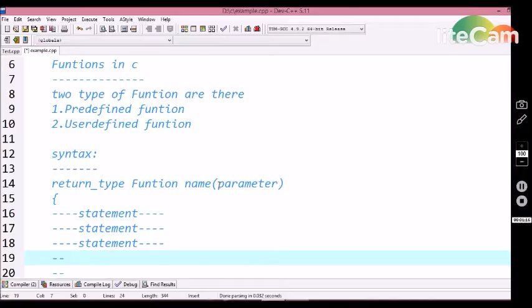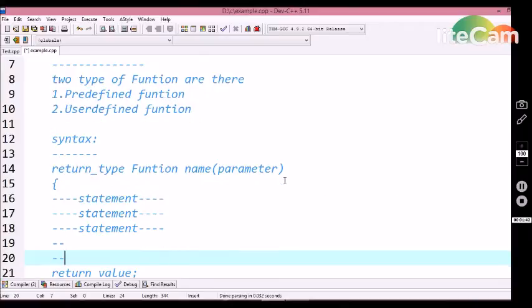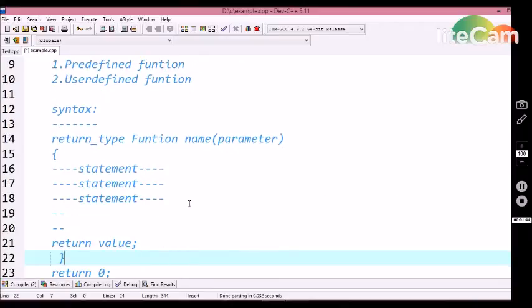Inside these parentheses, if required, we can pass parameters with their respective data types. Suppose we do not need to pass a parameter, then we can give a function without any parameters, followed by the block. Inside this block, we write the statements which we require to execute in the program. At the end of the function, we have to specify the return type and the value to be returned to